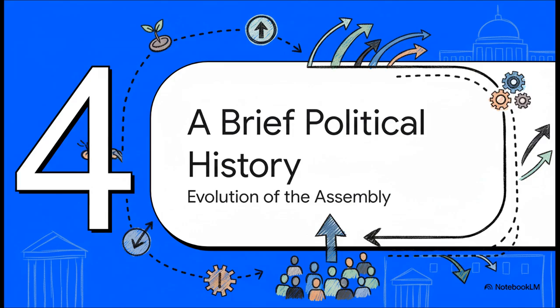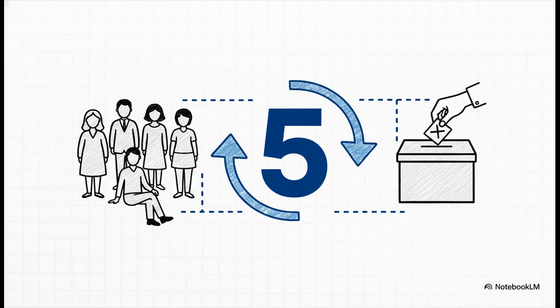Now, a complex institution like this doesn't just spring up overnight. To really get it, we need to take a quick look back at the key moments that shaped the assembly into what it is today. And through all its history, one core idea has been the anchor: the 5-year election cycle. Right from the start, the system was built on adult franchise, that powerful, simple concept of one person, one vote.